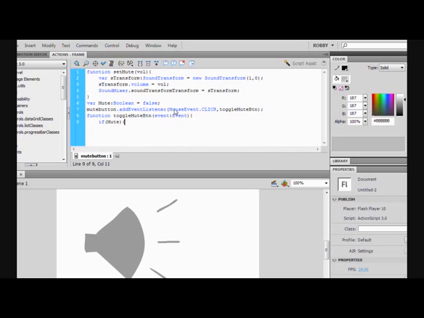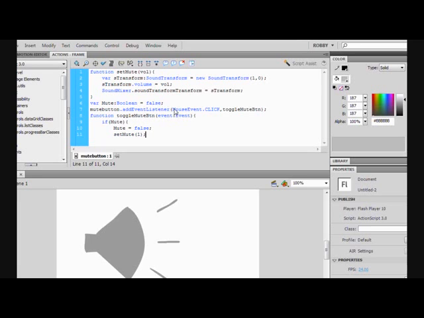If mute equals false, set mute 1. And that's just saying to set the mute at 1, so to turn it on, I believe, or to turn it off, I'm not sure. Anyway,